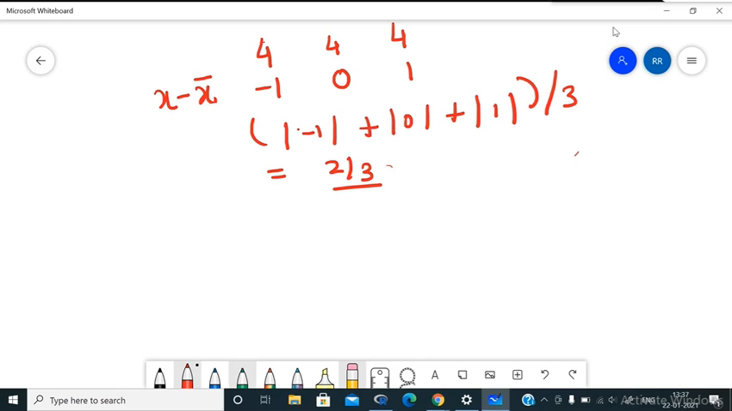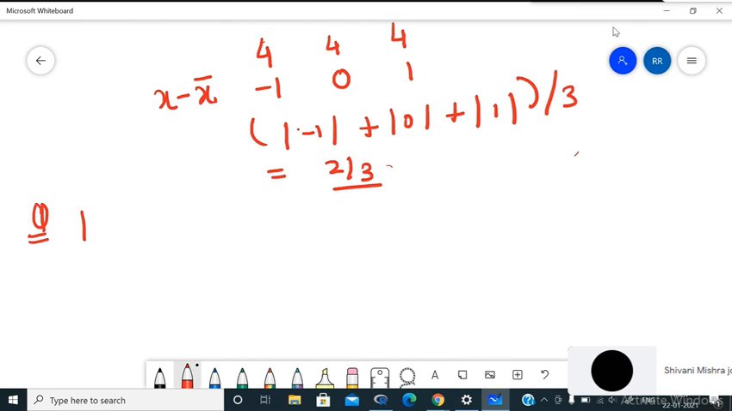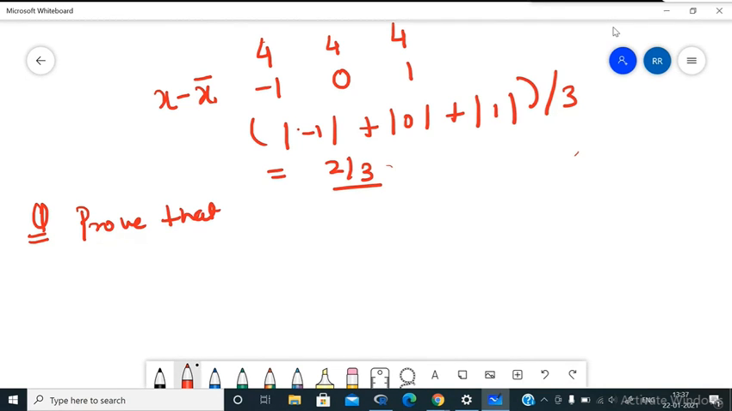That is a theorem. Okay, I'm giving you a problem. You have to do it. Prove that the mean deviation about mean